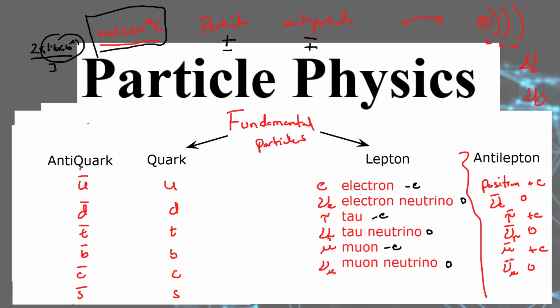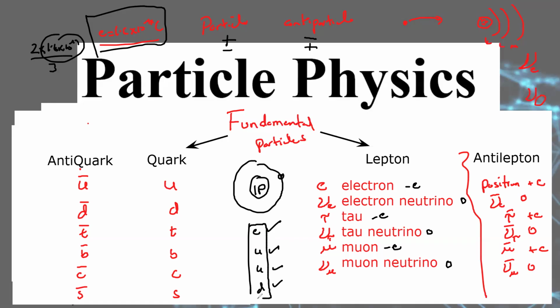So when we say hydrogen atom, a hydrogen atom consists of what? A hydrogen atom consists of one proton and one electron. If I say identify the fundamental particles here, what will be the fundamental particle? Electron will be fundamental, that is one. Proton is not fundamental. Proton is made up of what? Proton is made up of up and down. What is the fundamental composition of hydrogen atom? The hydrogen atom consists of electron,